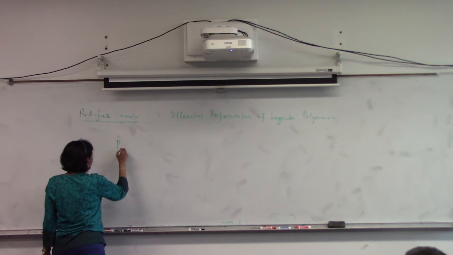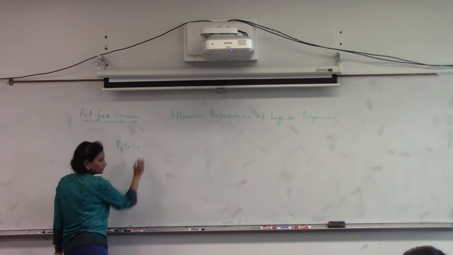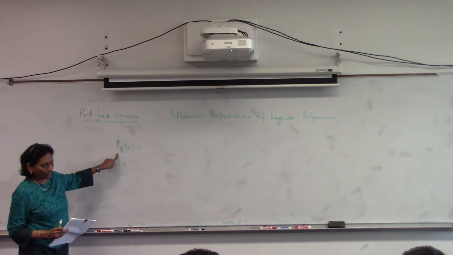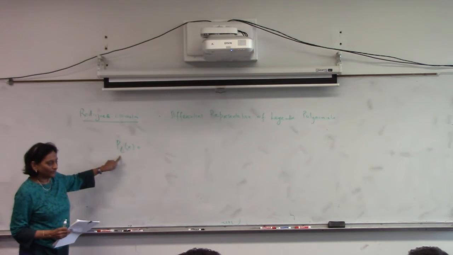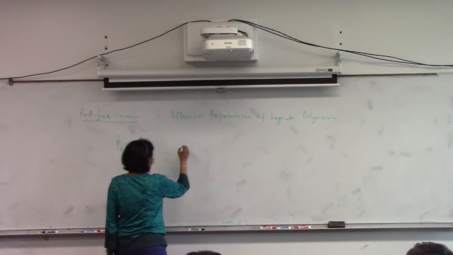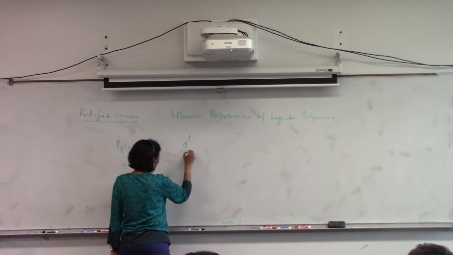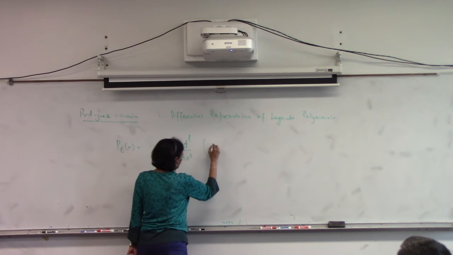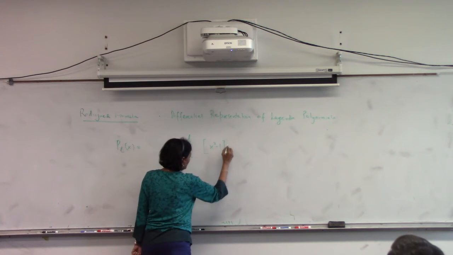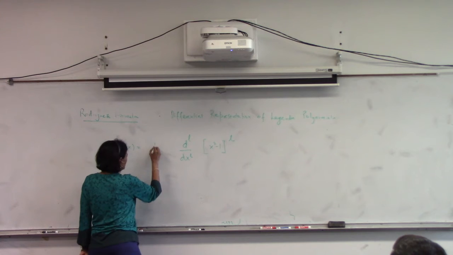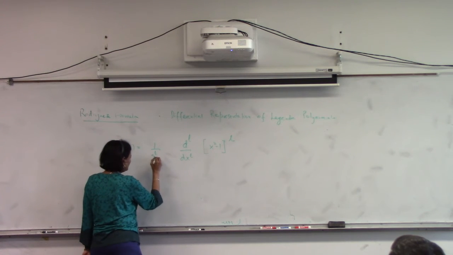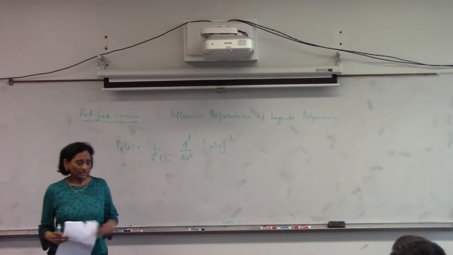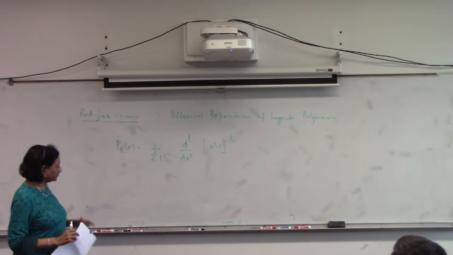So it goes like this. Legendre polynomial of nth order is nothing but the nth derivative of the following quantity. I'm going to prove this to you in a minute. It is the nth derivative of (x squared minus 1) to the power l, divided by 2 to the power l, l factorial. You can see this is useful because